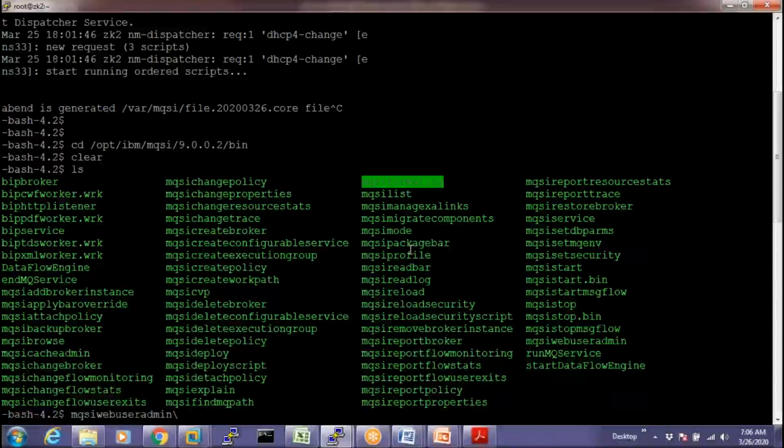I think I have seen you doing it last time. Right, readbar we have seen. mqsireadlog, this is for traces and all. mqsireload, yes, today we have seen mqsireload. mqsireloadsecurity, mqsiremovable.